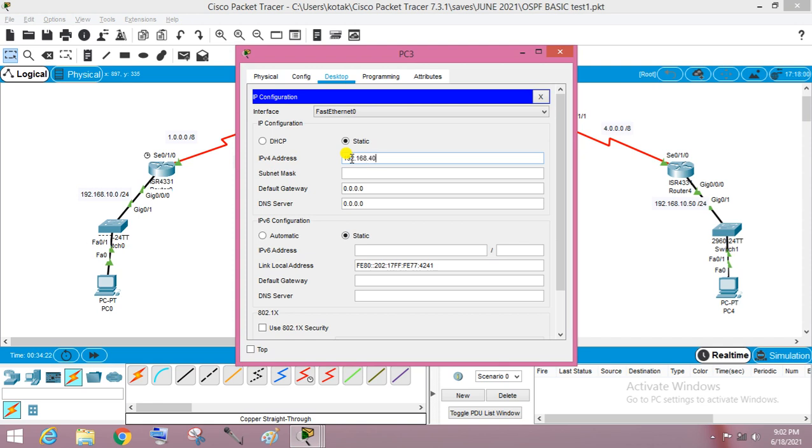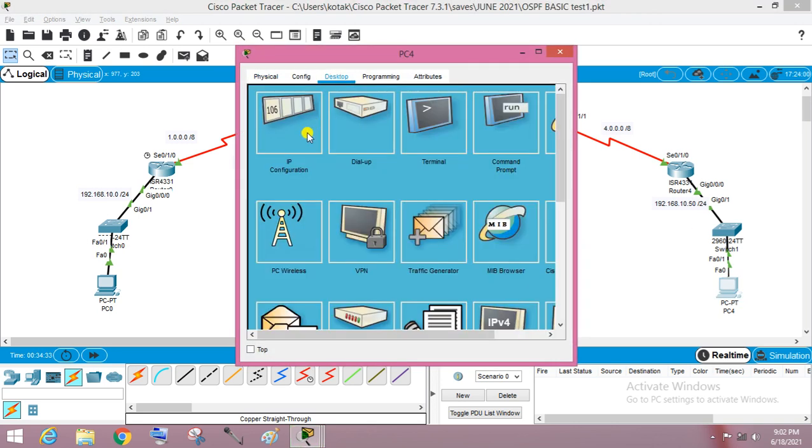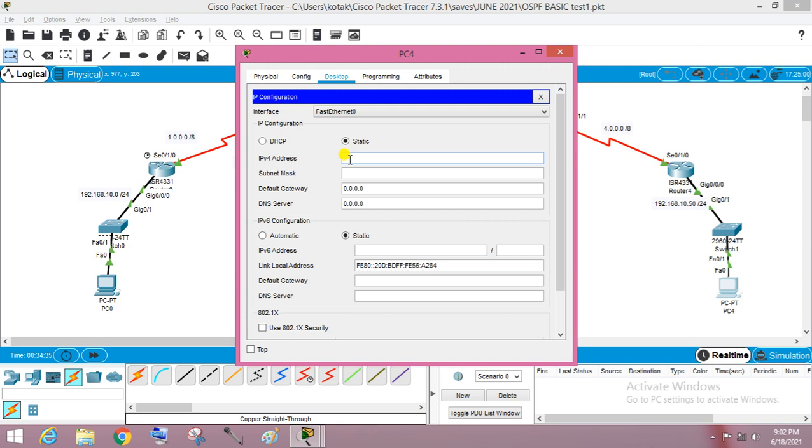192.168.40.3 and gateway 192.168.40.1. And here finally it is the 50 network, 192.168.50.3 and here gateway.